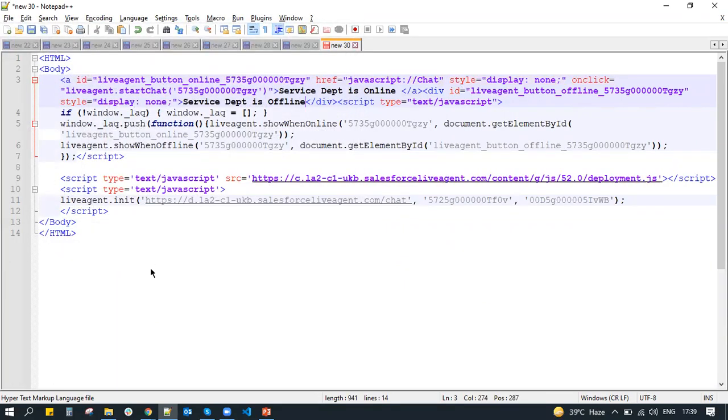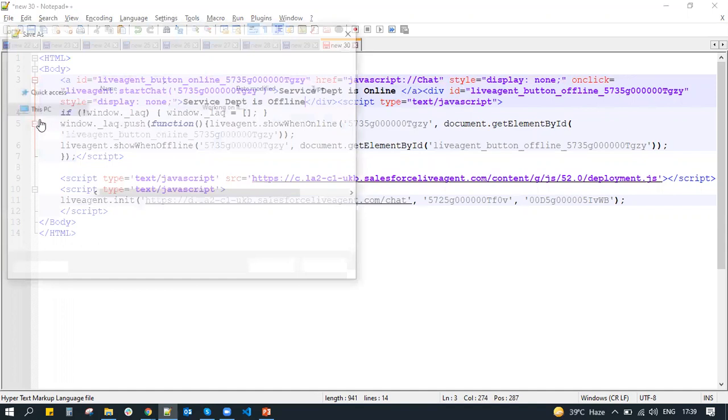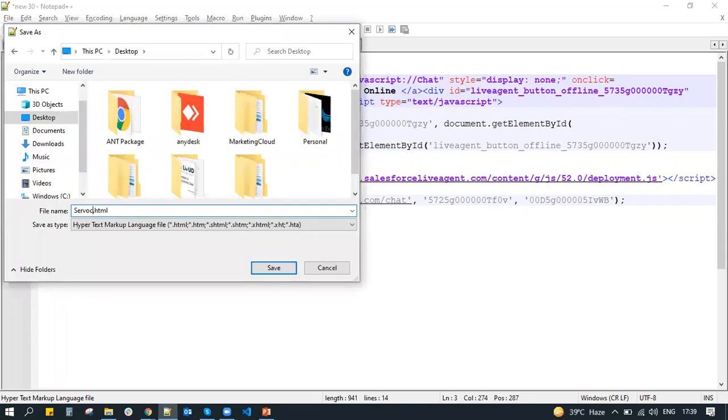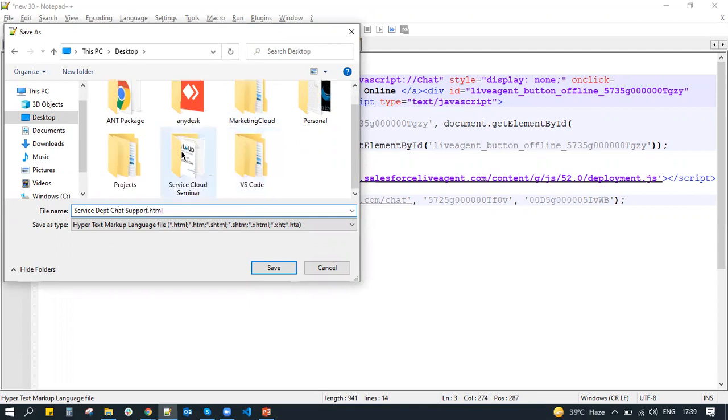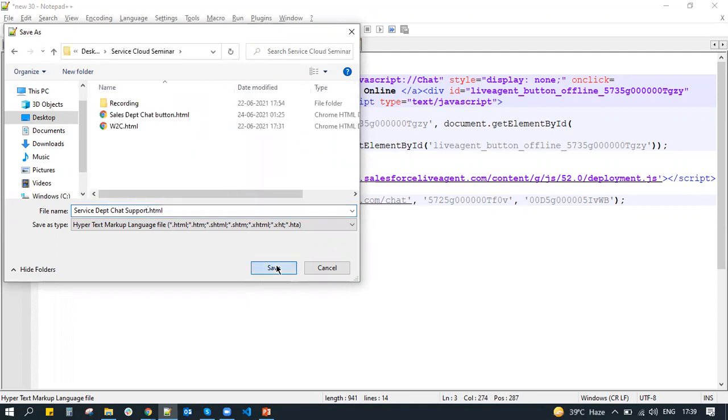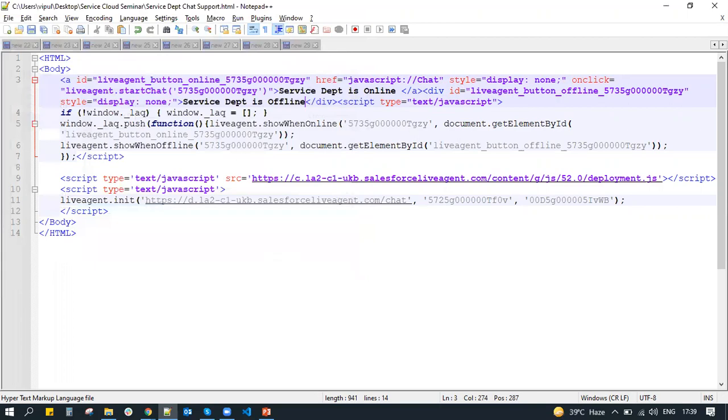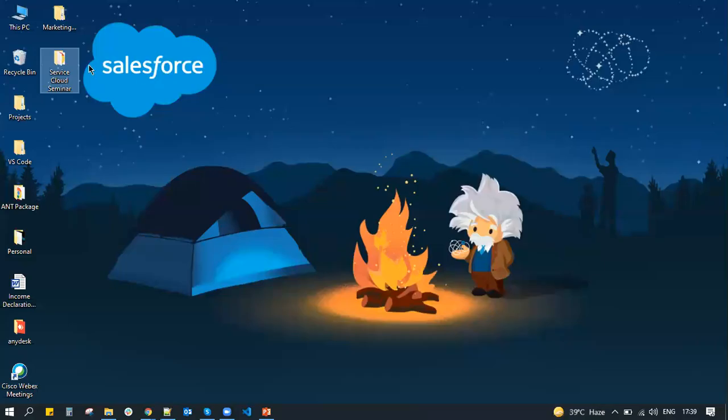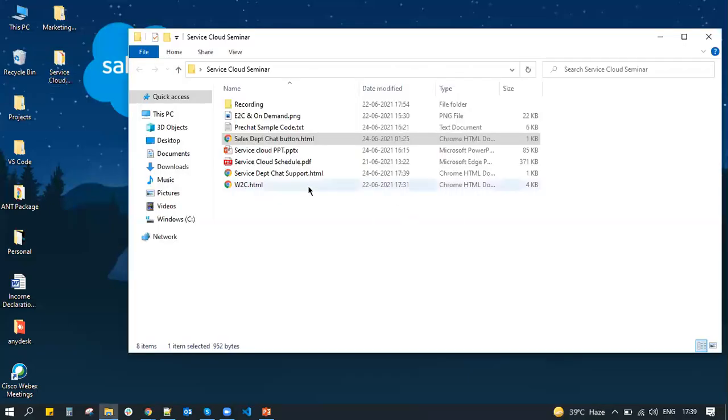Now you need to save this file. Go back to the location where you want to save it. Service. Okay, now the file has been saved. Go to the location.